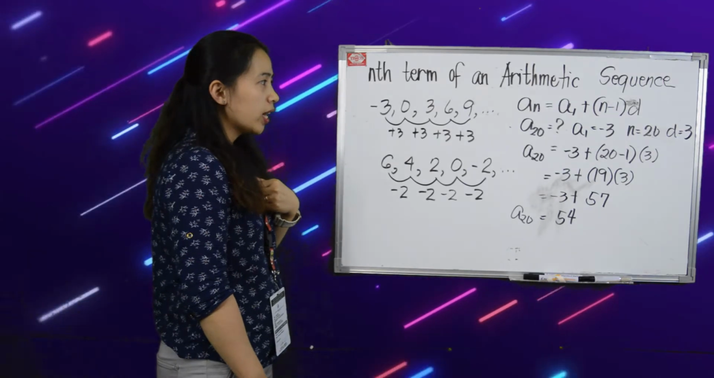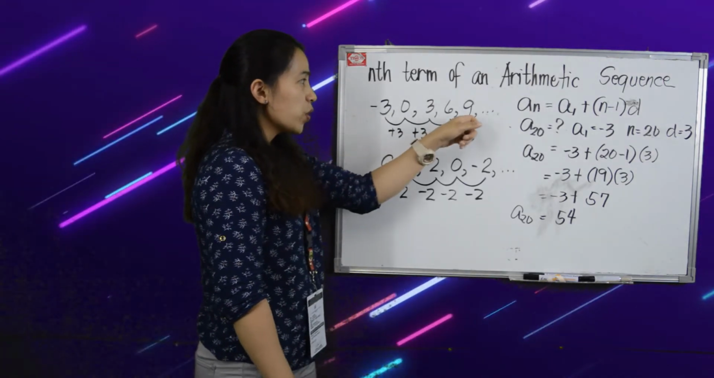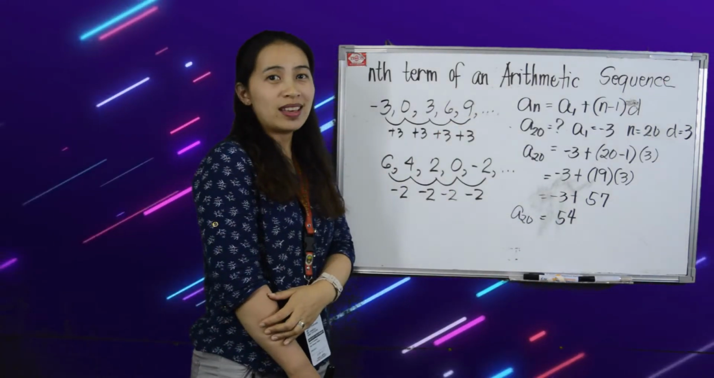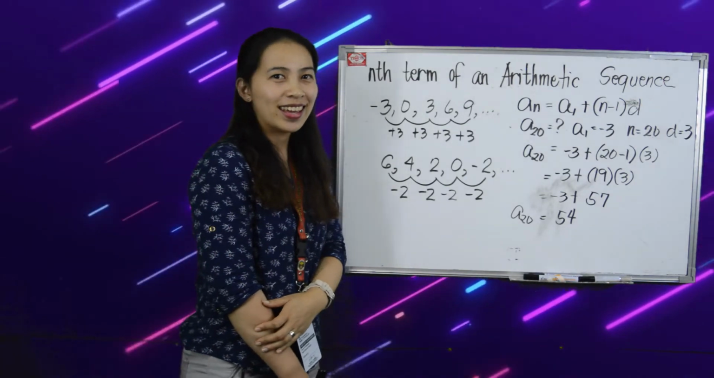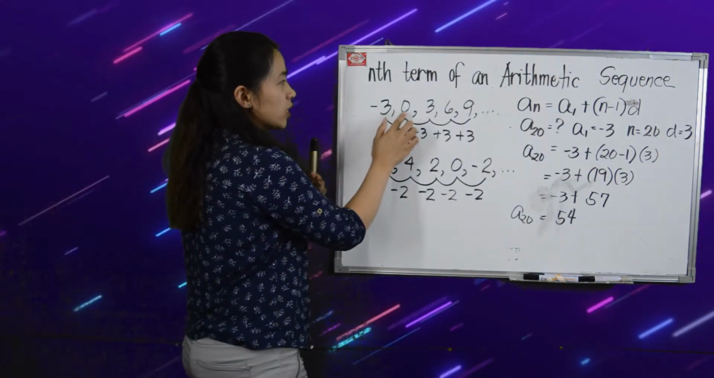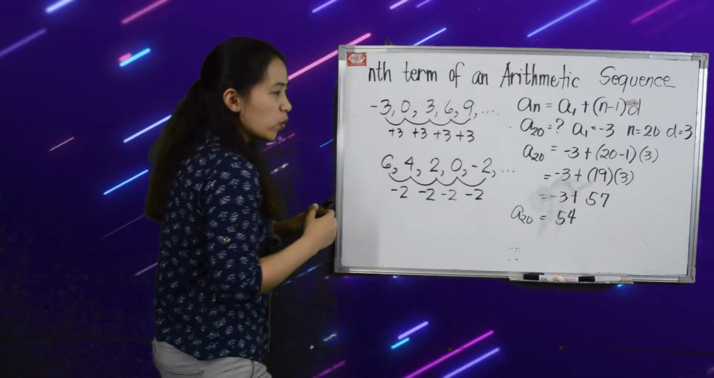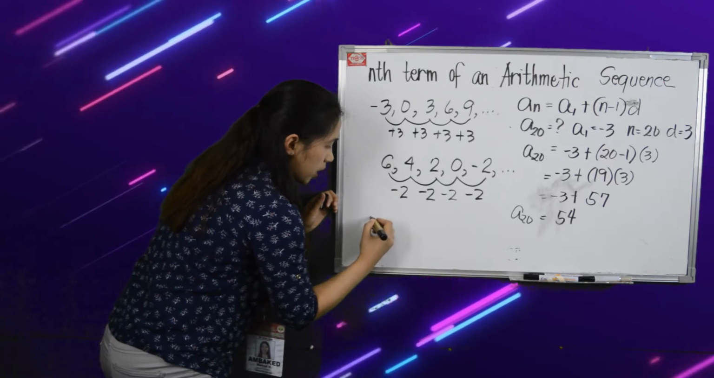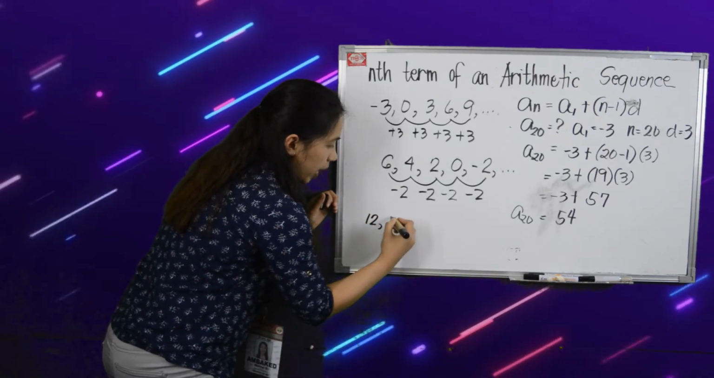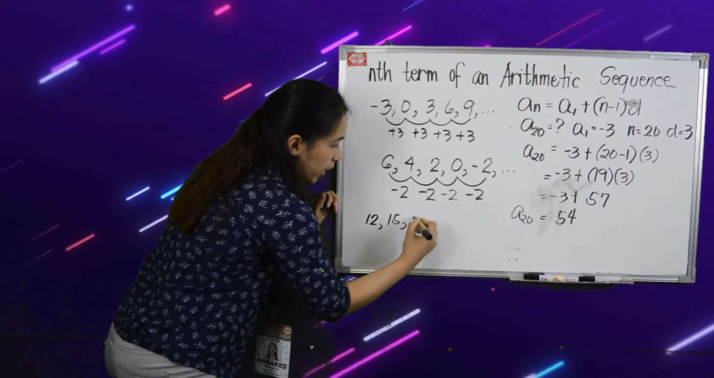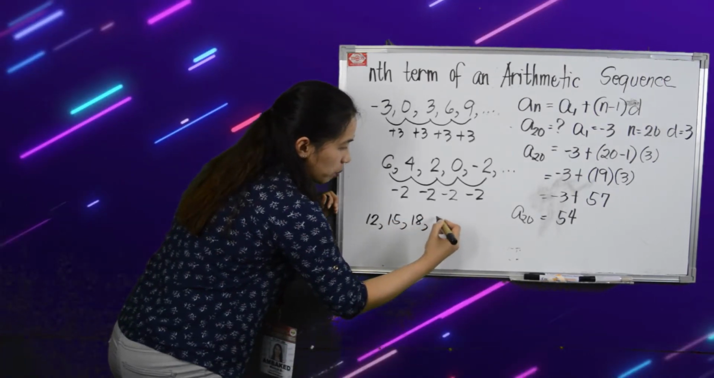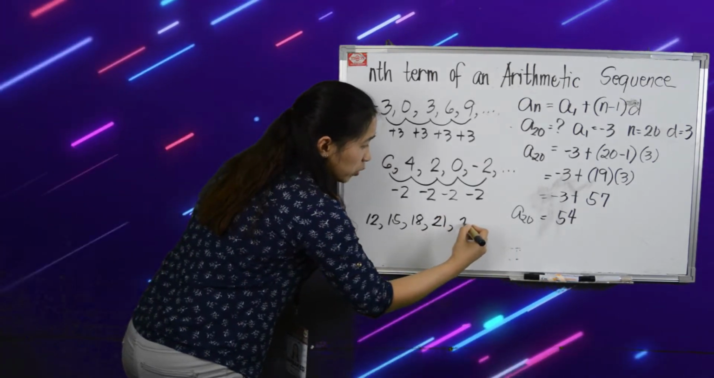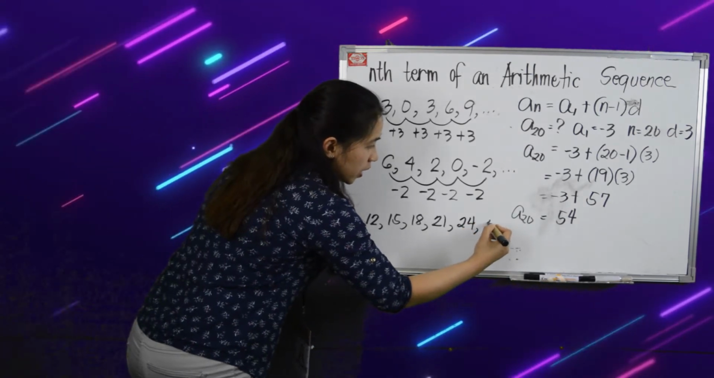If you want to check, we can keep on adding 3 to 9 until we reach a sub 20. Do you want to try? Let's try. So this is our first, second, third, fourth, fifth. So we need 15 more terms. So 9 plus 3, that would be 12, plus 3 is 15, plus 3, 18, plus 3 is 21, plus 3, that would be 24, plus 3,